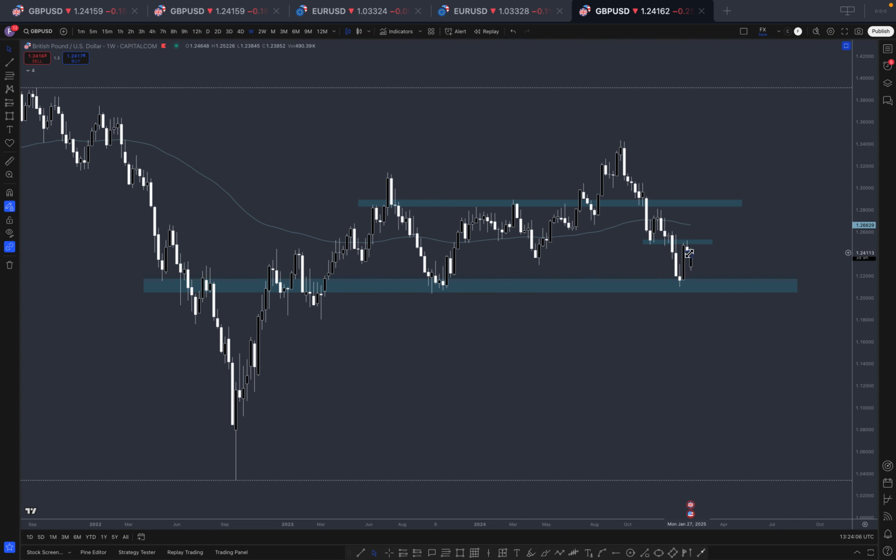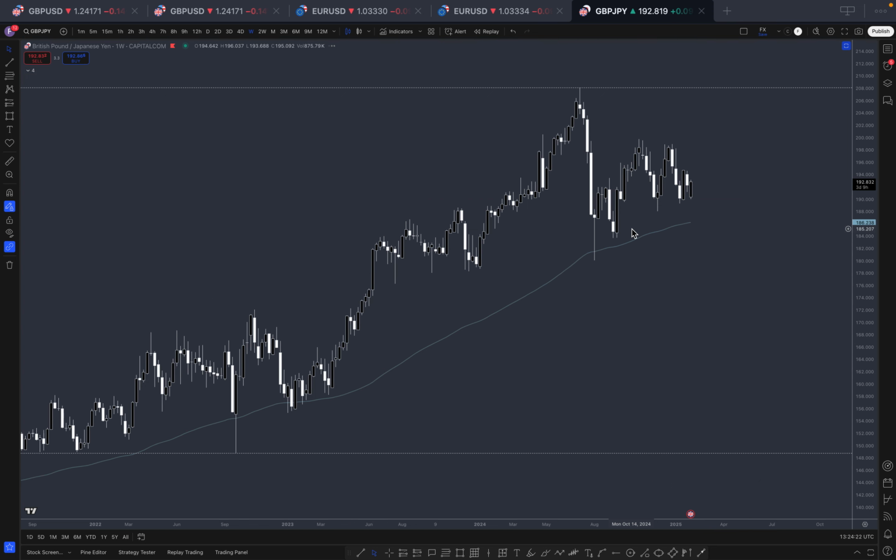But to be fair, now that I'm looking at this, I would probably wait and go on to another pair, because look how overextended it is, and then again you're really close to the weekly SR zone. It's just a bit iffy. So yeah, if I just continue marking up the weekly SR,